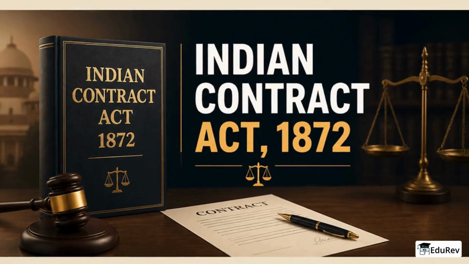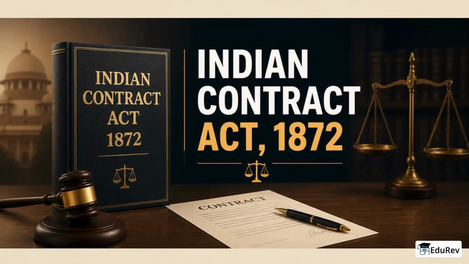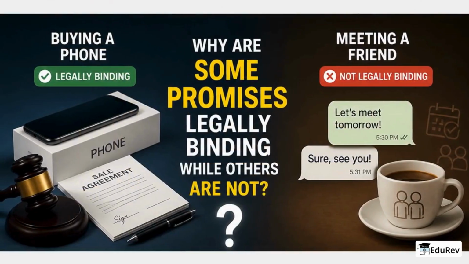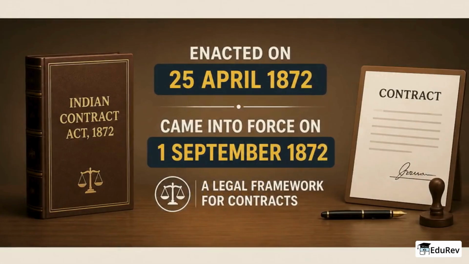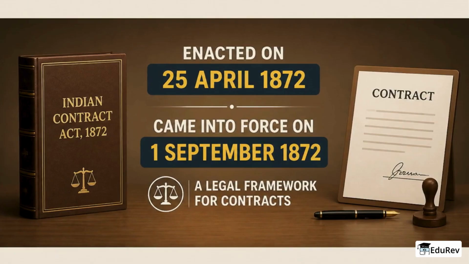Today we will learn about Indian Contract Act 1872, the main law that sets rules for forming, performing and enforcing contracts in India. Have you ever wondered why some promises are legally binding while others are not? Like buying a phone versus a casual promise to meet a friend. The act was enacted on 25th April 1872 and came into force on 1st September 1872, providing a clear legal